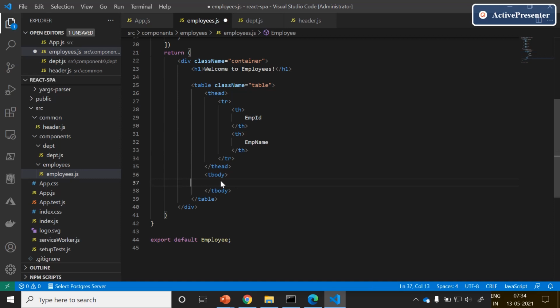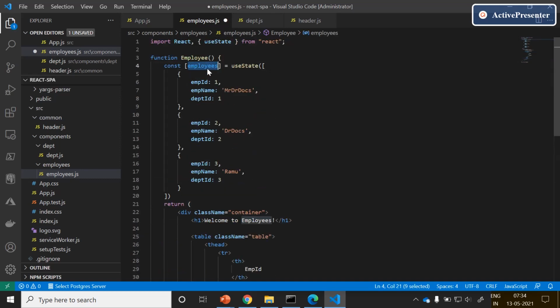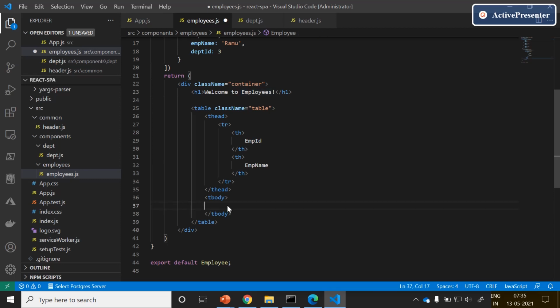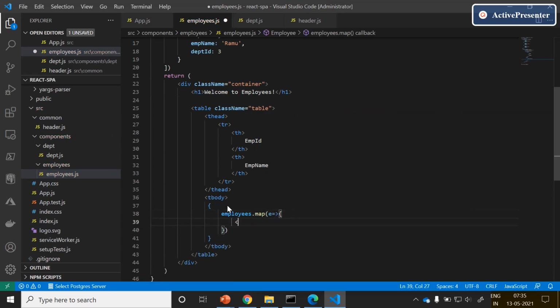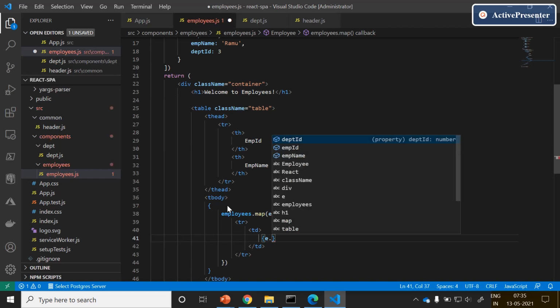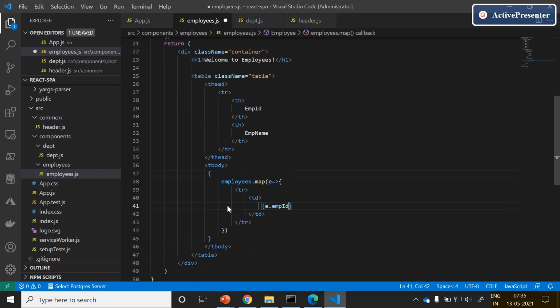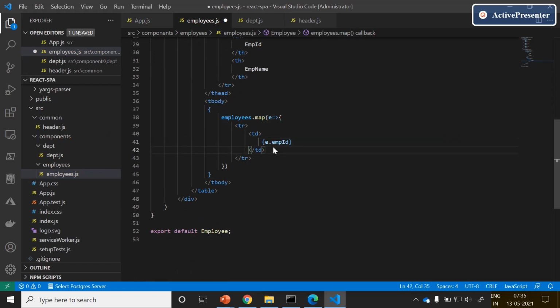The table body will iterate over the employees object. Employees dot map. The lambda syntax will iterate over the employees information and add the table data. If you start typing e dot, you will be able to see the list of available properties from the employee.